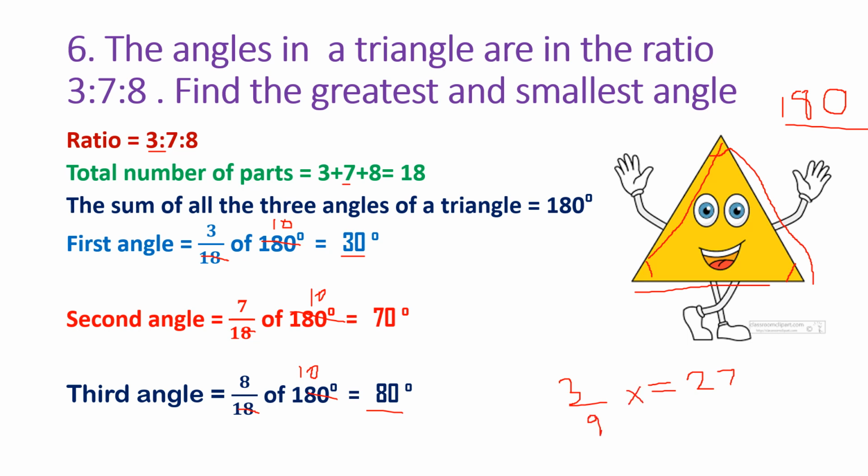Okay. So that is how you have to do it. So I hope you are able to do this. So I'll just rub it. This is 3 by 9 into 27. Next part will be 2 by 9 into 27. And the next will be 4 by 9 into 27. That is how you have to do the seventh sum.